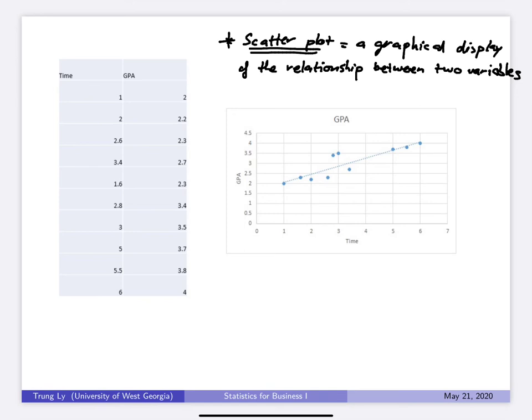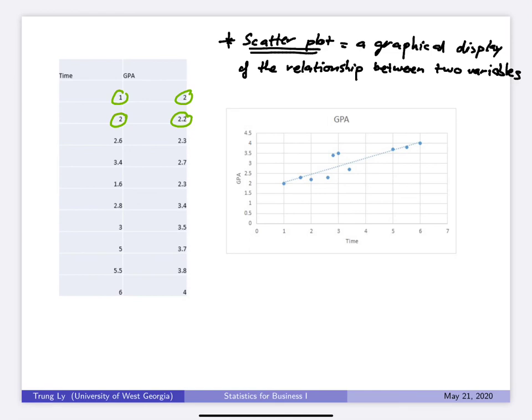The first student spends 1 hour studying outside of class and his or her GPA is 2.0. The second student spends 2 hours studying outside of class and his or her GPA is 2.2, and so on and so forth. Right? If we plot this,